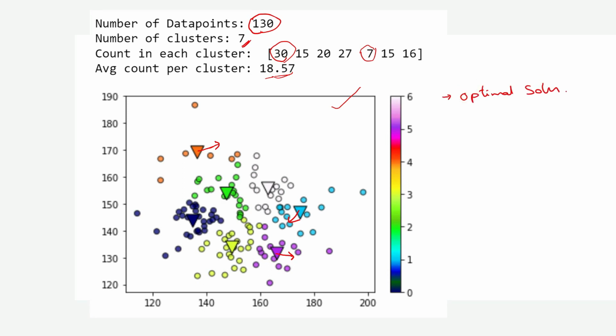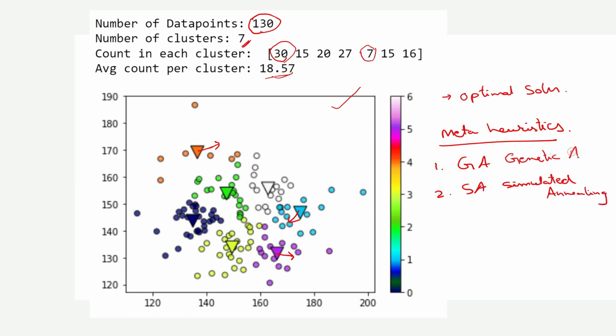You can see here the movement of these centroids. We cannot frame a particular rule for this. It depends on the data set, how the data set is going to react. Since there is no rule-based heuristic we can apply, we will go with meta-heuristics to solve this problem. Some of the popular meta-heuristics are the genetic algorithm and the simulated annealing algorithm. After using these meta-heuristics, we can arrange the centroids in an optimal way such that our requirement of equally sized clusters is achieved.